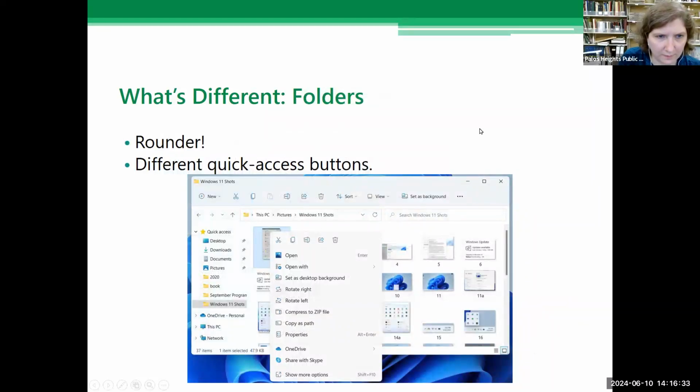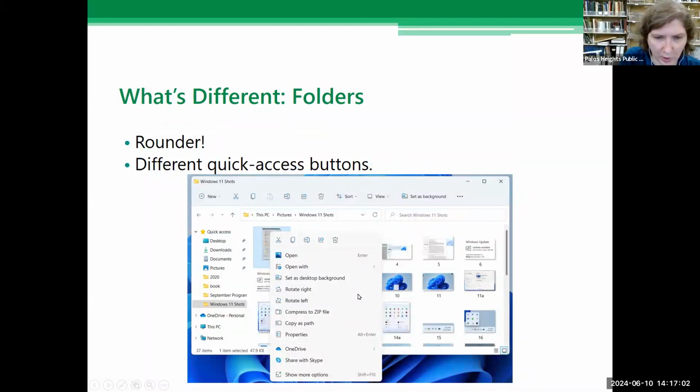Here, also in Folders, I do say it's rounder because usually the windows are very square and straight edged, but now they've put a little curve on that. That's not as important, but it's just a little design. There's also different quick access buttons when you right-click on a file.